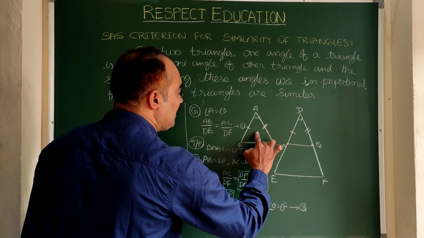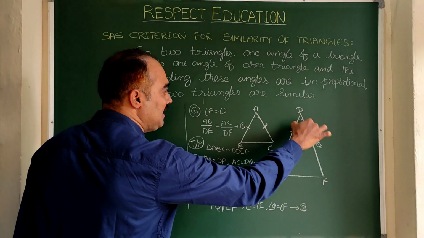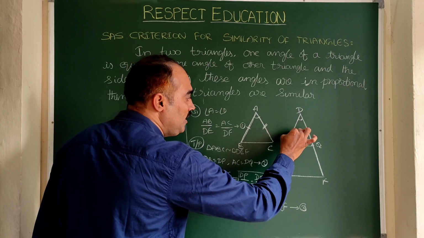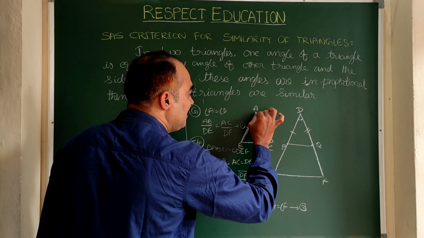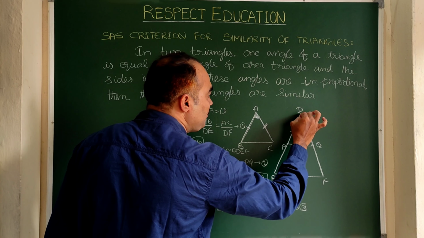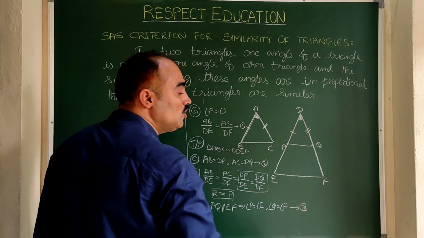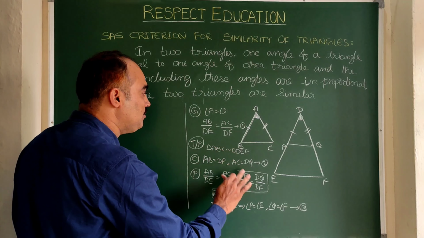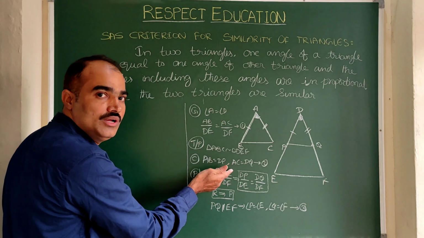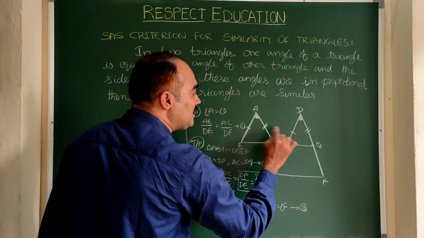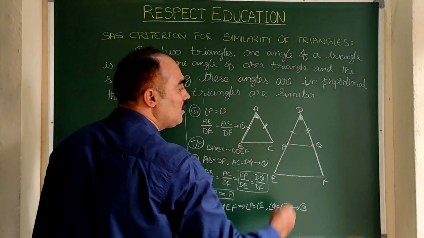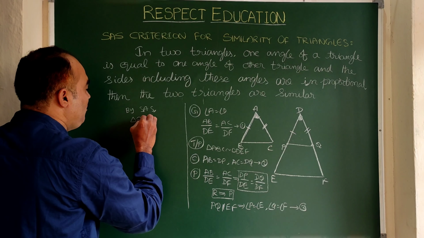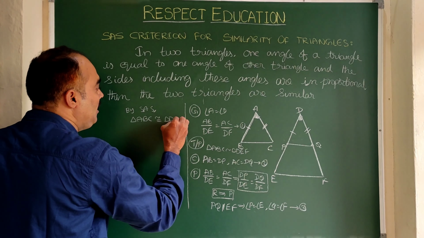Now we enter these triangles, original triangles ABC and DPQ. Let us compare now. In ABC, AB is equal to DP in DPQ. Same way, angle A in ABC and angle D in triangle DPQ, both are equal, and AC equal to DQ. These two are by construction and this is by given. So we can say from 1 and 2, by given and construction, these two triangles are by SAS congruency, both are congruent. So by SAS congruency, triangle ABC is congruent to triangle DPQ.